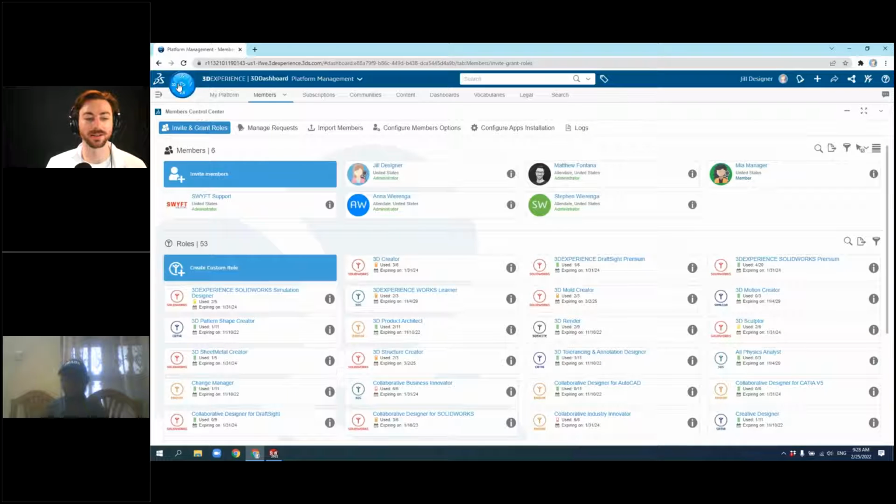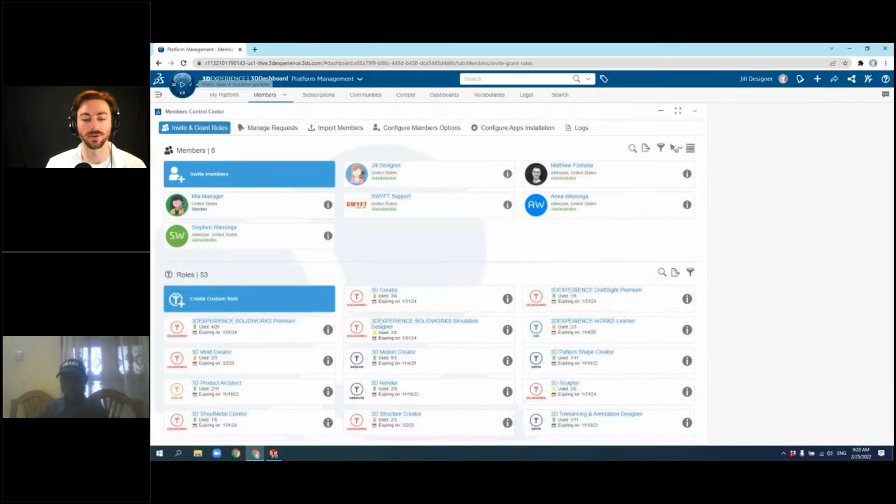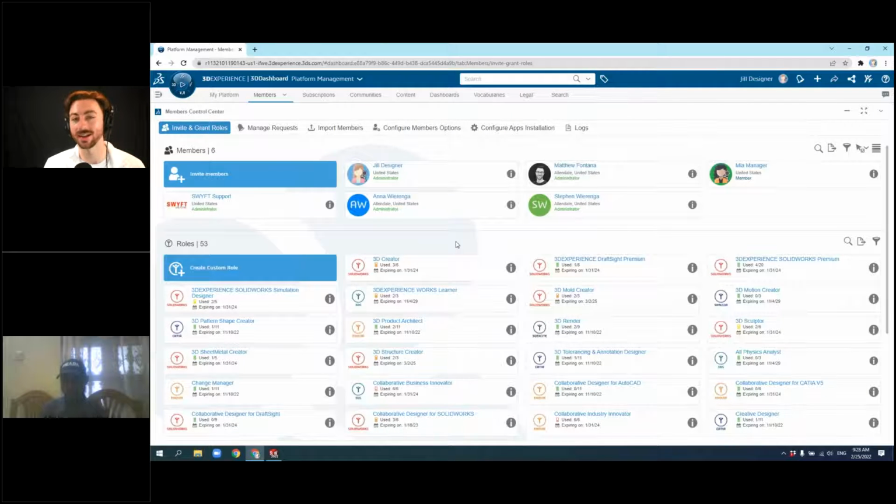3D Compass up here is where you access all of your roles and apps that you can install or open right in the browser. Actually, a lot of the tools are browser-based. SolidWorks is one of the few that's still installed locally. You can access a lot of your data management tools right within the browser. Now, I'm currently on an administrator dashboard. Administrators to the platform have access to this view.